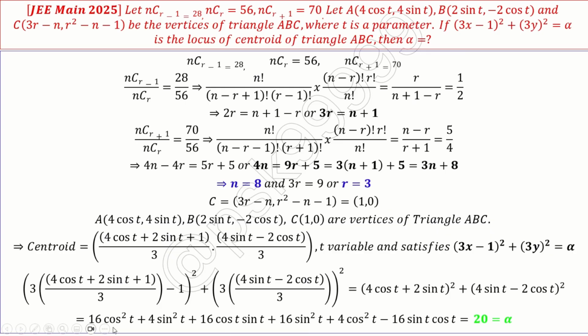If I simplify further, what I will get is 20. There is 16 cos square t plus 16 sin square t, which is 16, and 4 sin square t plus 4 cos square t, which is 4. So total 20, and these two cancel. So 20 is equal to alpha. So the alpha value is 20. Next,